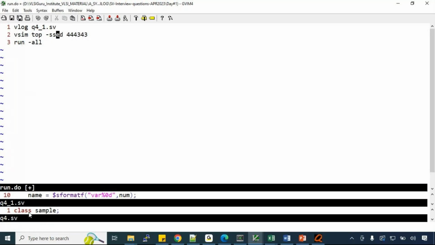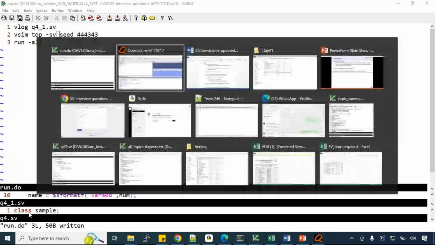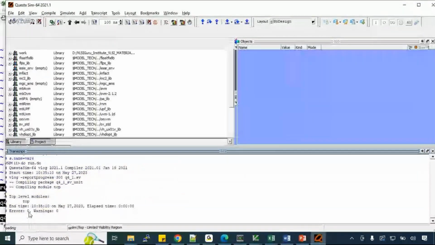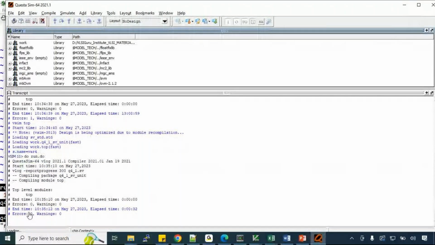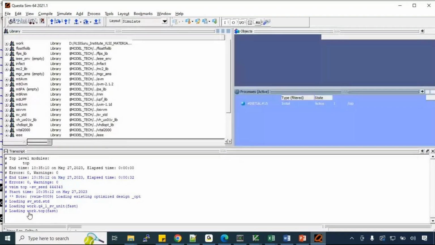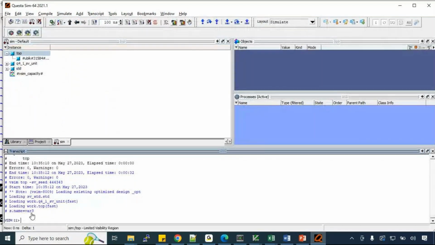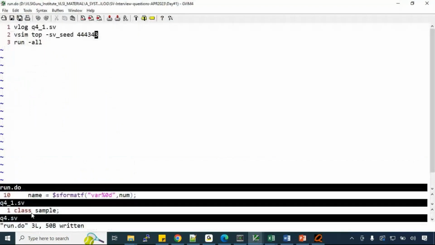the significance of a seed? What is it that I should give? sv_seed. I just give sv_seed, and it automatically takes it. Now it will generate a different variable name, variable 3. If I go and again change this to something else, let's say 121, 1232, it will